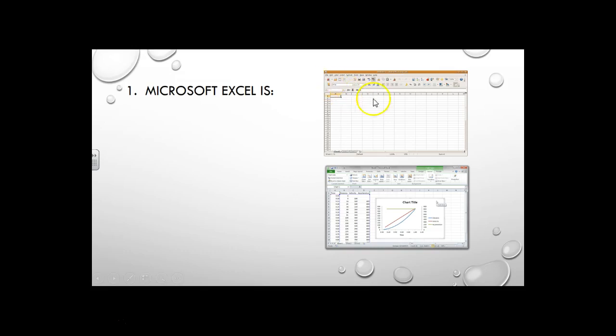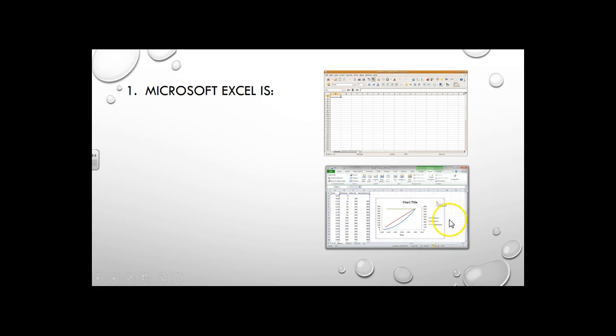You've got formula bars up top, editing bars. It's very similar to Microsoft Word. It's the same group, Microsoft, that made this. So there are some common features as far as appearance between Excel and Word, which is nice for us. And then down here you see a more complicated one that shows you some of the fancy features that you can use